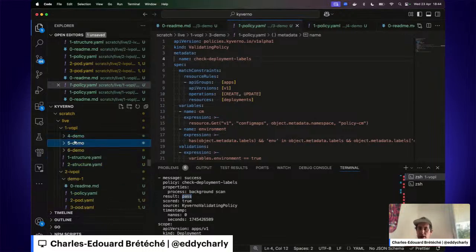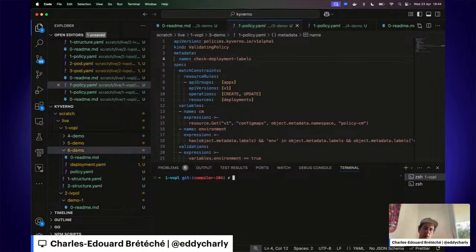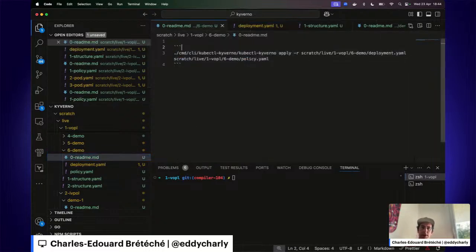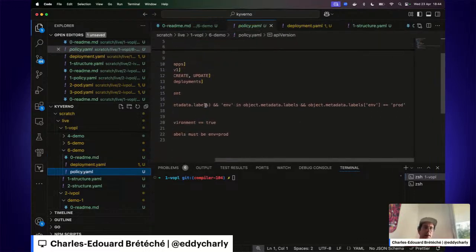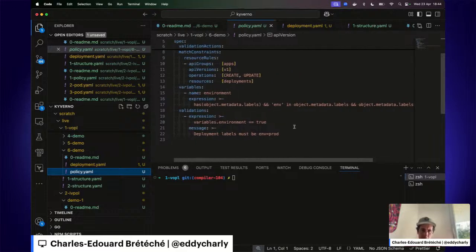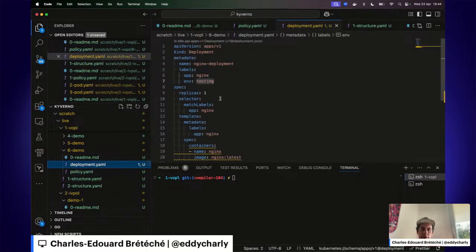So yeah, this demo is almost done. The last thing is, if you don't have a cluster and want to validate a resource against a policy, you can use the CLI. In this case, we are going to take one of the policies we already used in this live stream, which validates a label on a resource and a deployment.